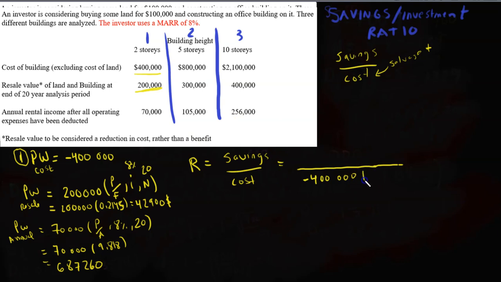So we're going to add to it the present worth resale value of 42,900 over the savings. Basically, we're getting back 687,260. And doing the calculation,